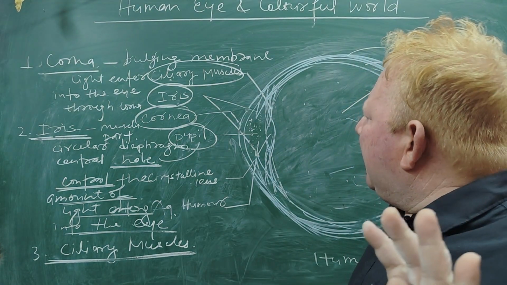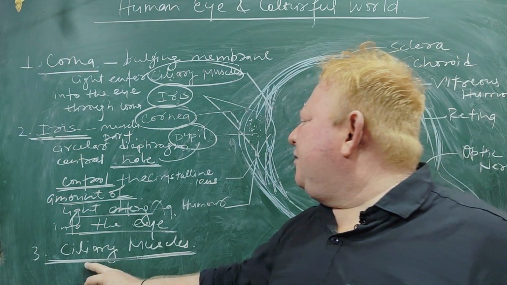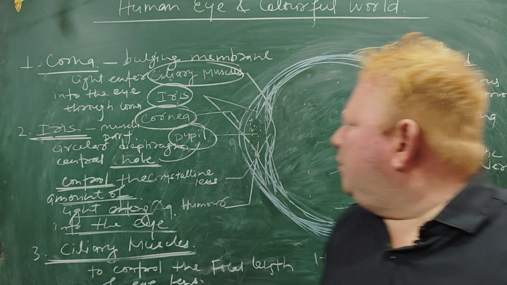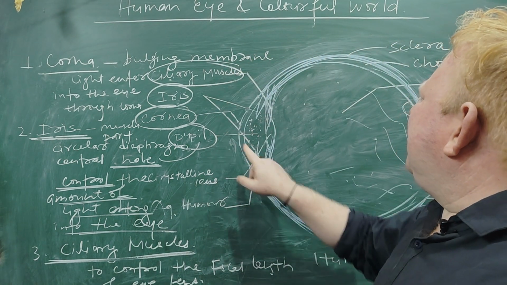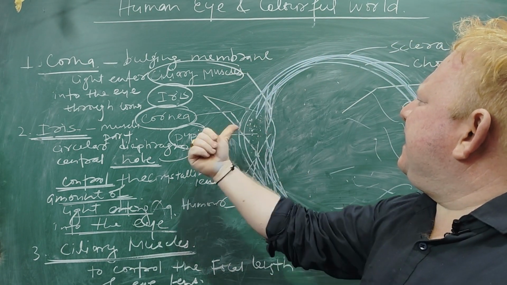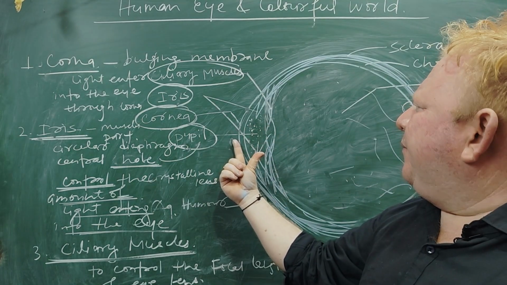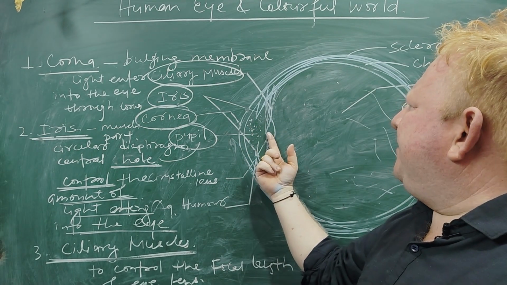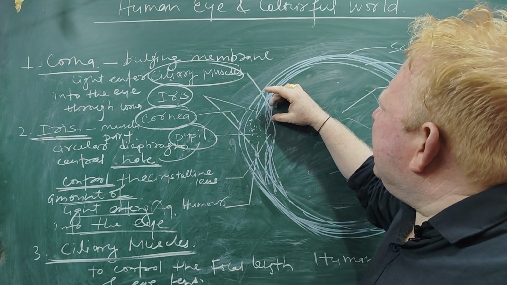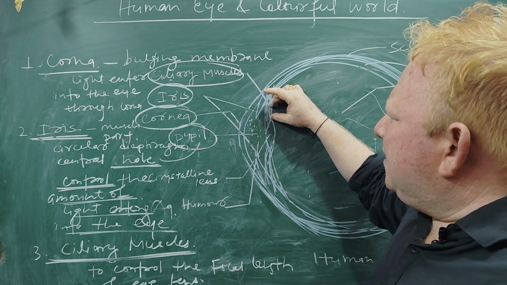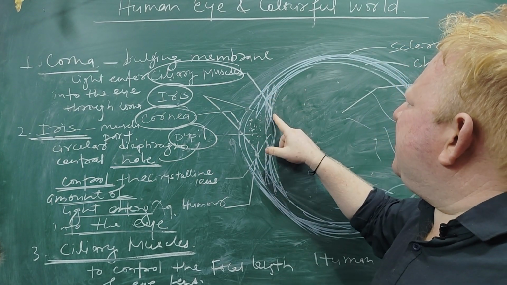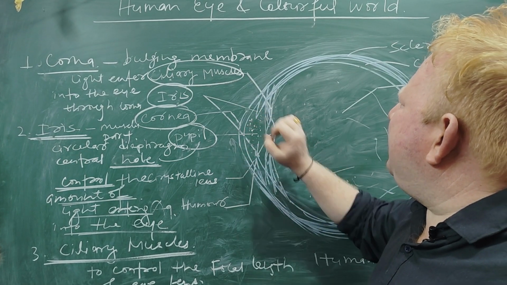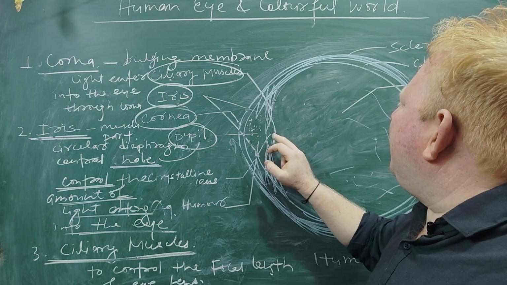Remember, again and again I am telling you, the ciliary muscle, its main function is this. Okay, so the ciliary muscle we have discussed. See, first light is entering through the cornea via the pupil. It falls on this lens. Of course, this lens is held by the ciliary muscle. So ciliary muscle we have discussed, iris we have discussed, cornea we have discussed, pupil we have discussed. Now we can talk about this